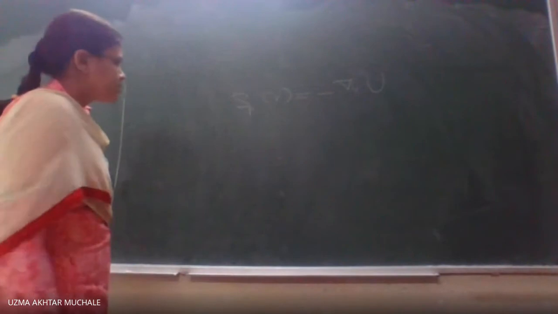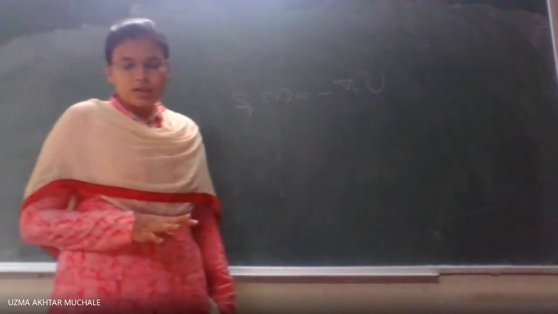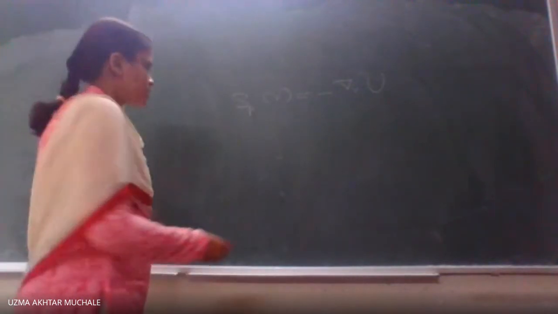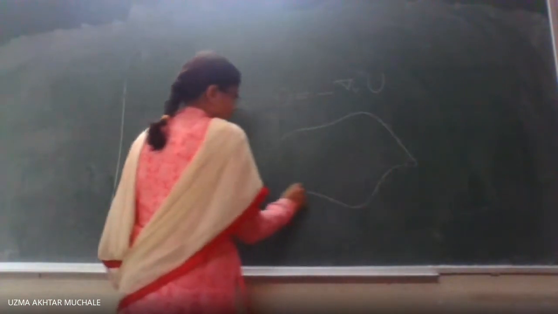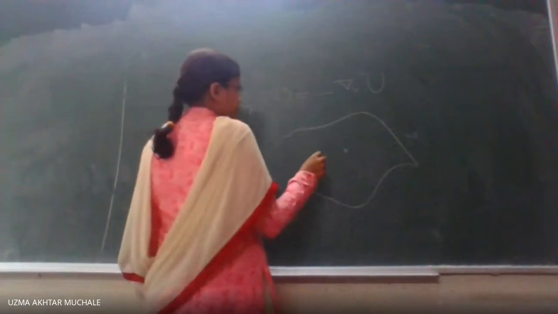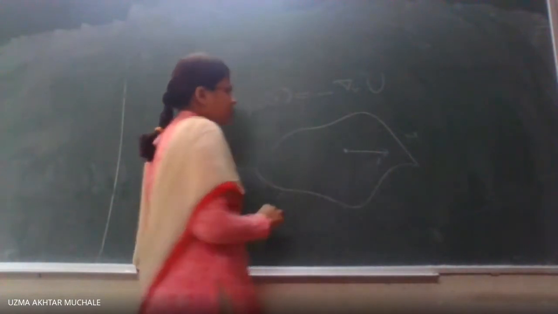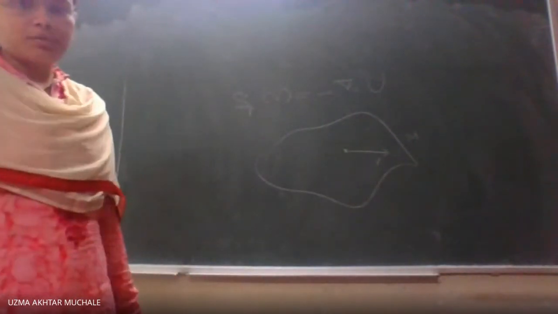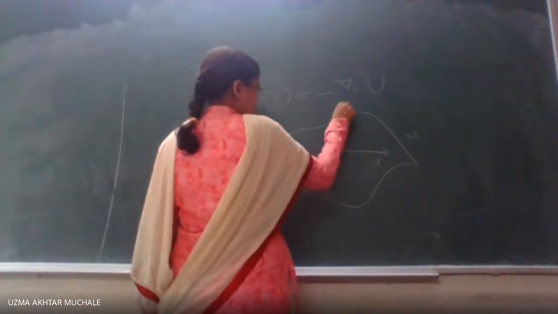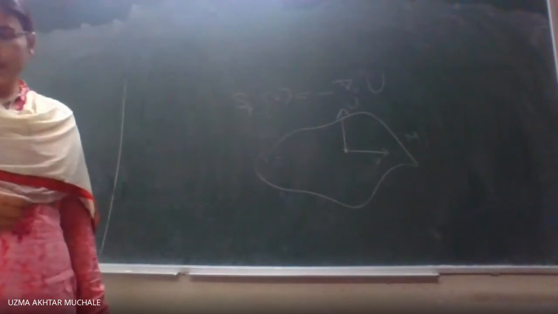So what we have is SPV is equal to minus del V U. This is the definition of a shape operator. Now, if I want to find out what it looks like, suppose this is an arbitrary shape of a surface M. At every point P, suppose this is a tangent vector V, and what we want is unit normals. Suppose this is a unit normal at a point P, because at every point we are finding one unit normal.